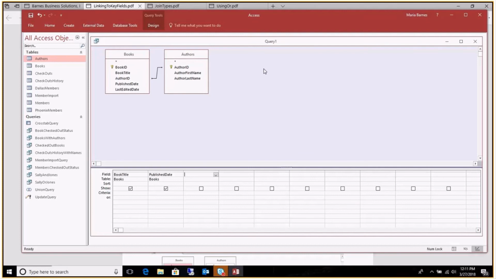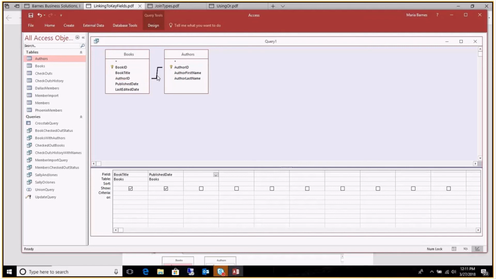If you don't want that connection, if it's the wrong connection, and you want to join on something else, you can click on that join and press the delete key, and then to connect like you want it to, you select the field from one table that you want connected to another,